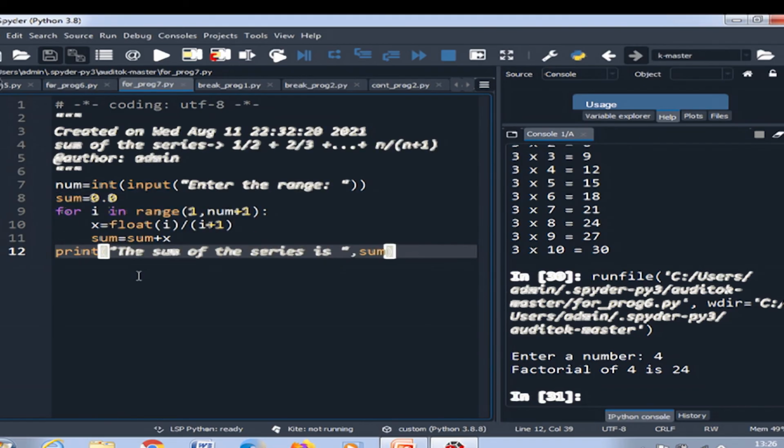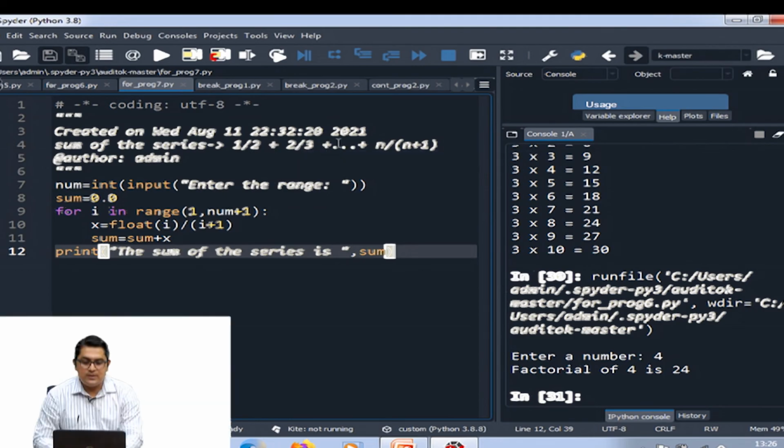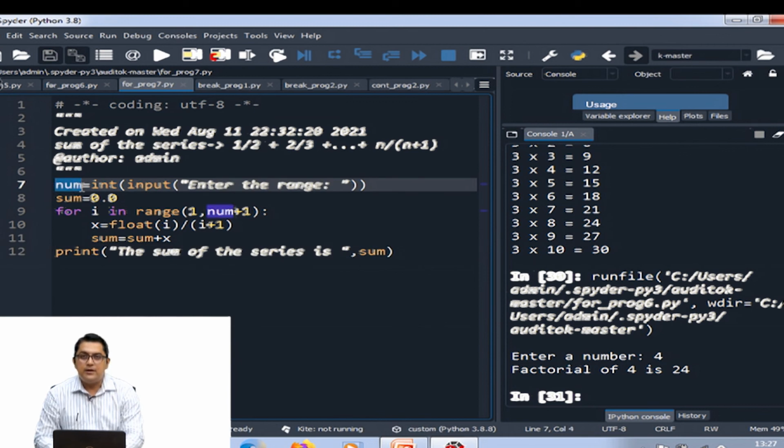Let us see another example where we are going to find out the sum of a particular series. Here we are going to find the sum of the series 1 by 2 plus 2 by 3 plus so on up to n upon n plus 1. If such programs are given, you have to first develop the logic for that particular program. So, first take the range, because this sum of series can go up to n. So, we will take a particular range till where we are going to find the sum of the series. We are putting that range in an identifier num,